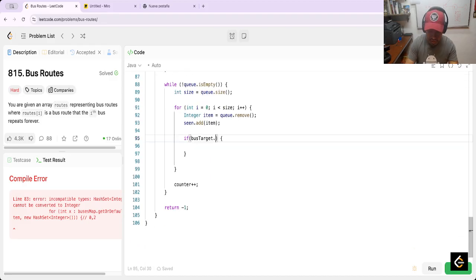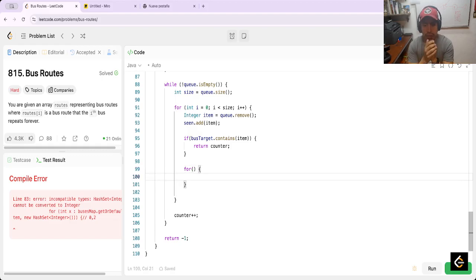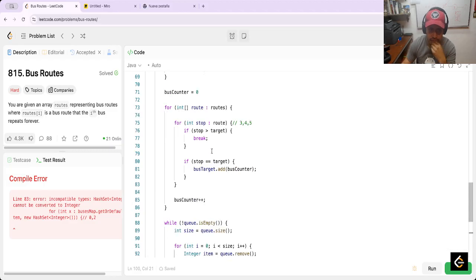If post target dot contains, this is on average constant, contains the item, return counter. In other case, it's a 4. Target and